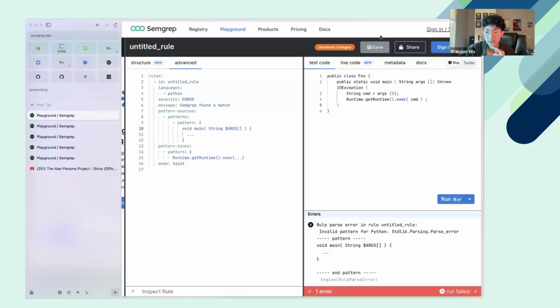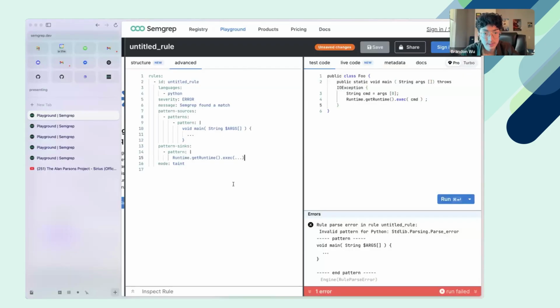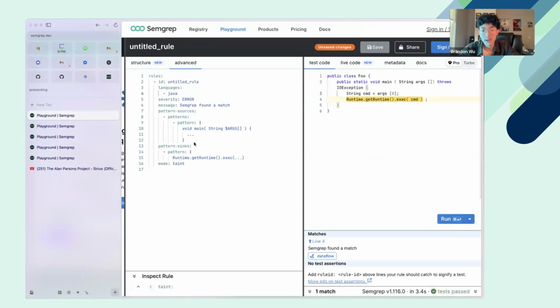And I think, string $args, I'm pretty sure this is exactly the same pattern as here. Okay, sorry, I forgot to change the language to Java. That's why it wasn't syntax highlighting correctly on the right either. So this will match, right? So this is if I didn't do the focus. This would match, but it would also match if I literally did, like,